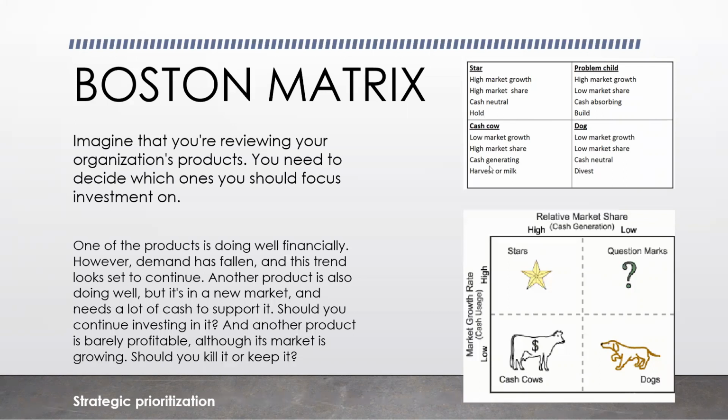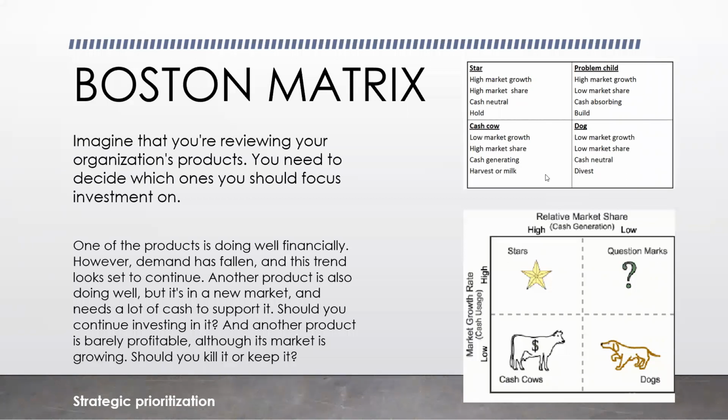A cash cow is when you have a product that is not gaining as much growth within the market again, but boy, oh boy, that product is bringing you money. So what you want to do with your cash cows is you just want to keep harvesting and keep milking the cow until the cow is dead. You know? So you just want to keep milking it. And generally, your stars tend to become your cash cows. And your cash cows, after a certain point, like I said, once the cow is useless and it's not producing